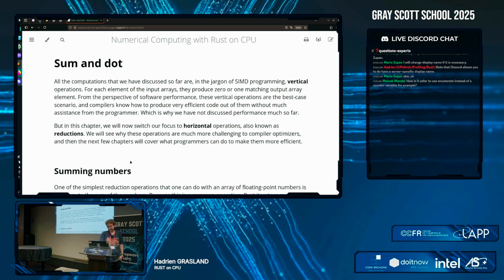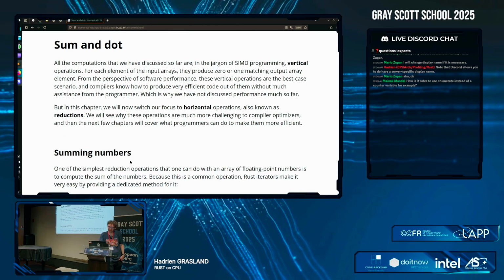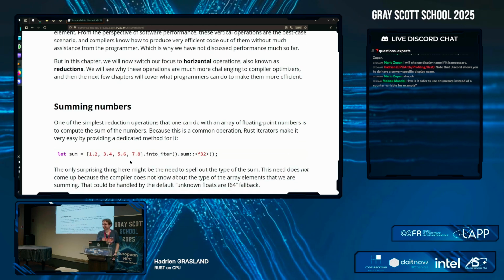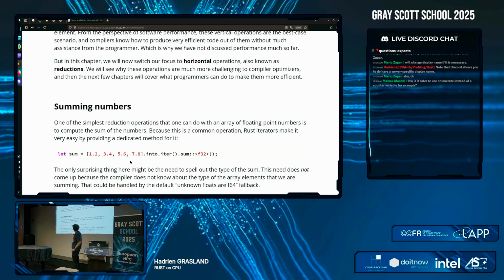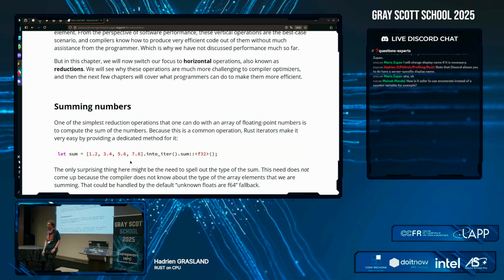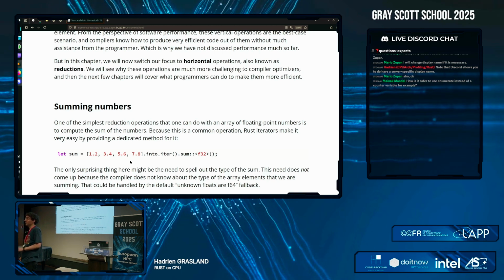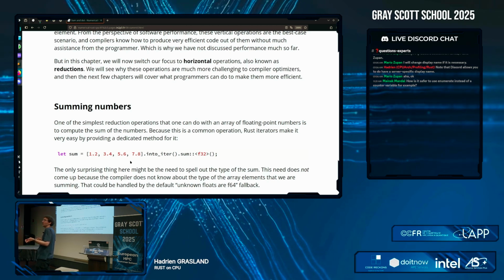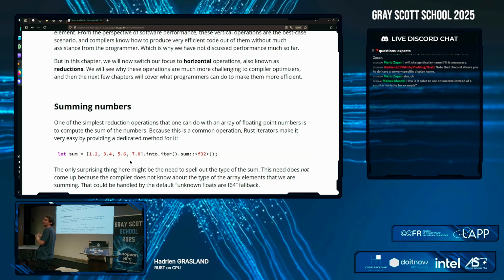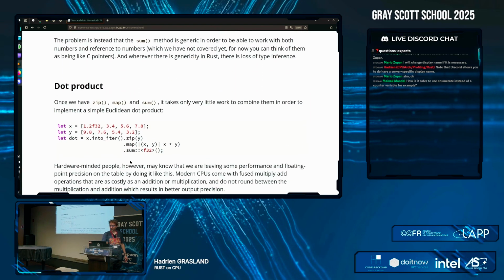Well, I'm so bad at timing. Guess I have to do it anyway then. All right, sums. Great, I have an array of floating point numbers. I turn it into an iterator. I can sum it. And because the sum function is generic, it can accept either 32-bit floating point or 64-bit floating point. The compiler is lost. The fallback doesn't work for some reason, and I need to tell it it's going to be single precision. There's just one problem, is that what this will compile into